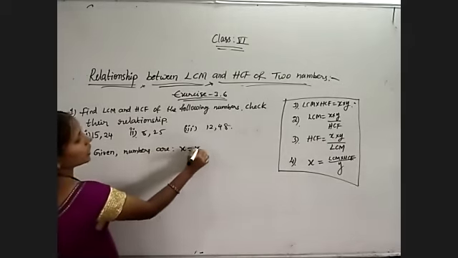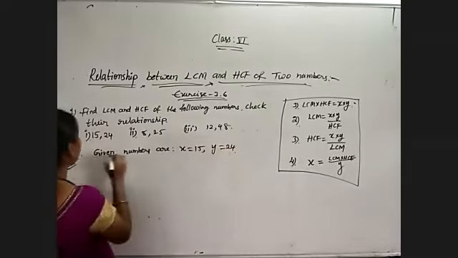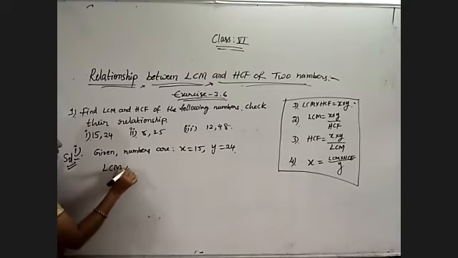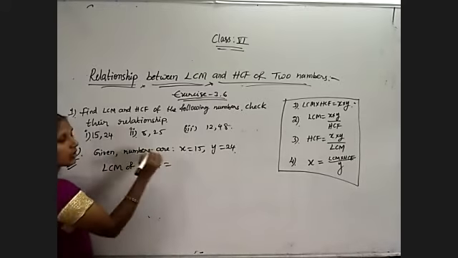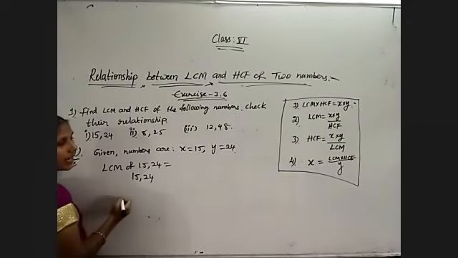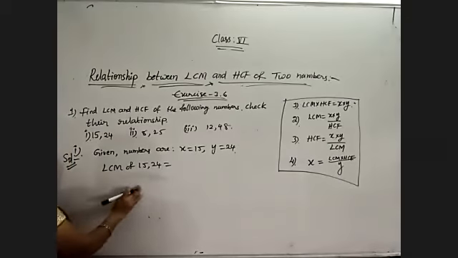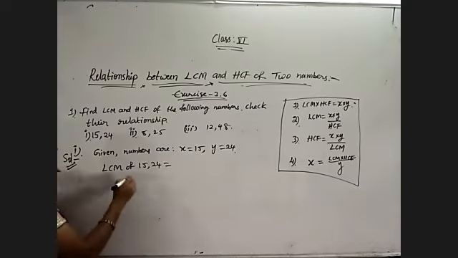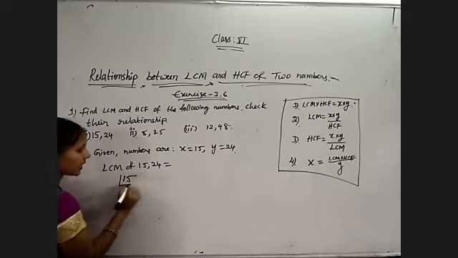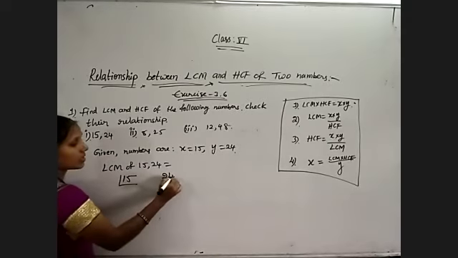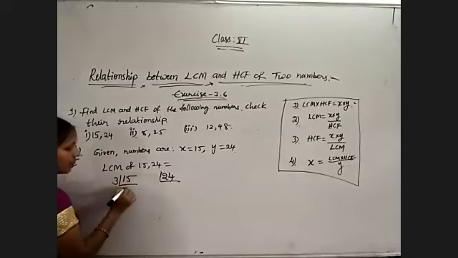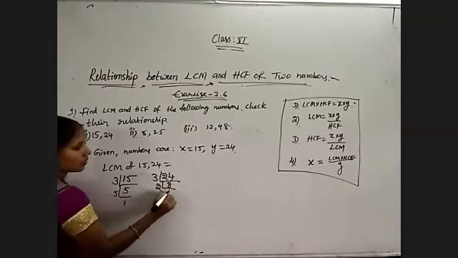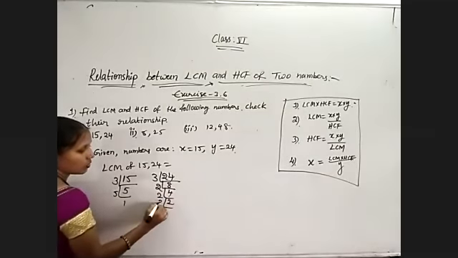So given numbers are X is equal to 15, Y is equal to 24. My first question: 15 and 24. So find out their LCM. LCM of 15, 24 is equal to. So use a division method or prime factorization method. I am using the prime factors method. Now observe. Why? Because if I use the prime factors method, that will be useful for both HCF and LCM. So by the prime factorization method, I am writing the factors of 15 and the factors of 24 also. 3 5s are 15, 5 1s are 5. 3 8s are 24, 2 4s are 8, 2 2s are 4, 2 1s are 2.